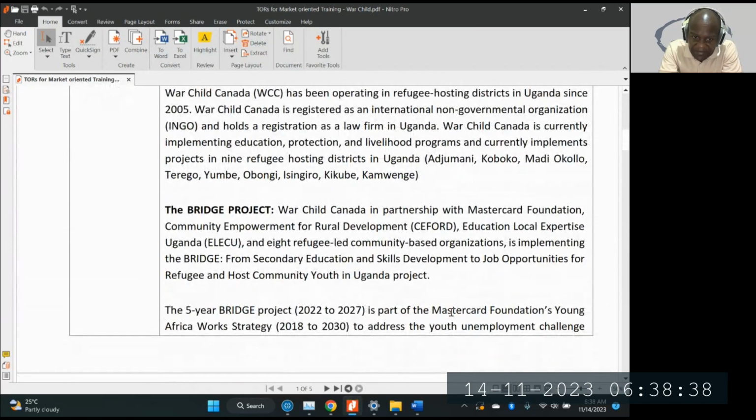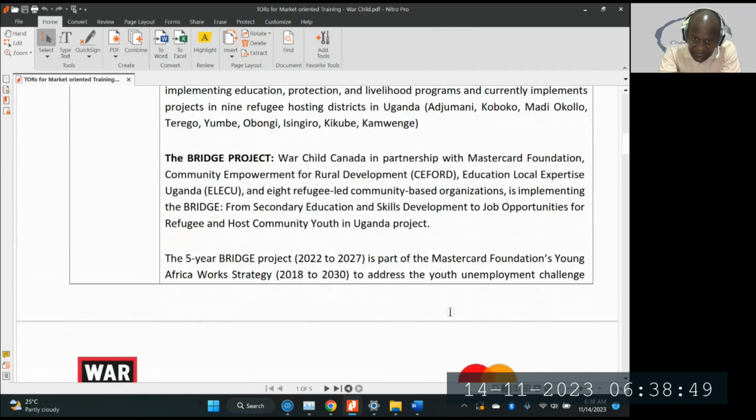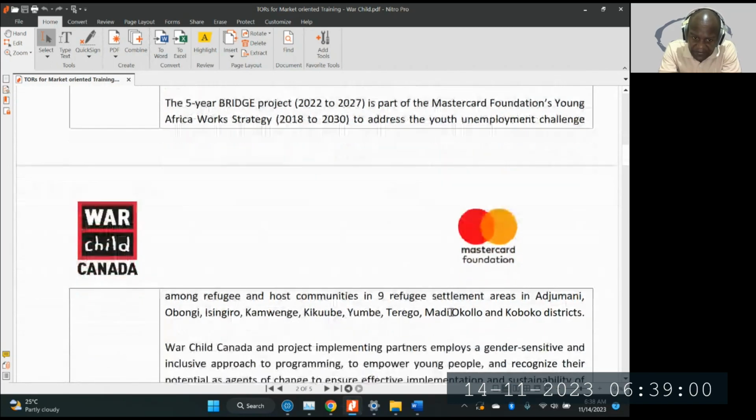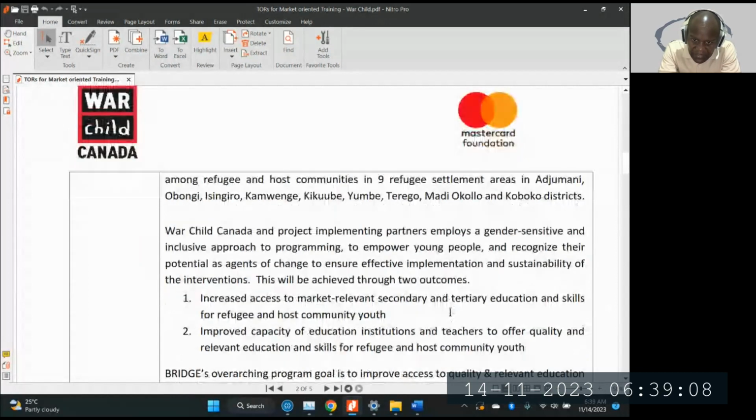Now the project is implementing from secondary skills education and skills development to job opportunities for refugee and host communities. That is the bridge. You finished secondary school, you've finished skill development, you're going for jobs, and you want to address unemployment among refugees. You're implementing gender sensitive, inclusive programs to empower the young, and recognize their potential as agents of change. We want to see you access market relevant skills and capacity of education institutions to offer quality and